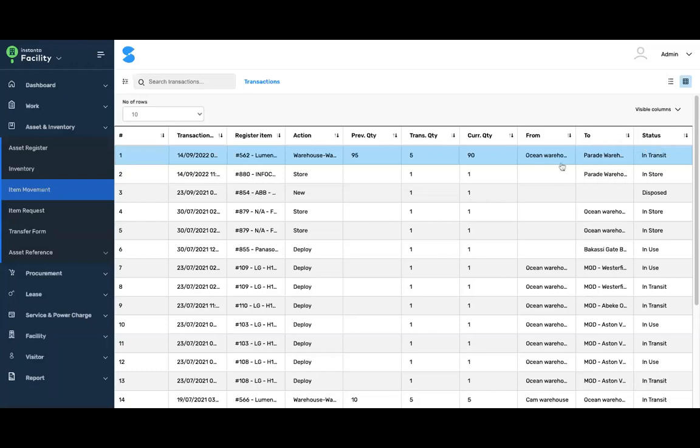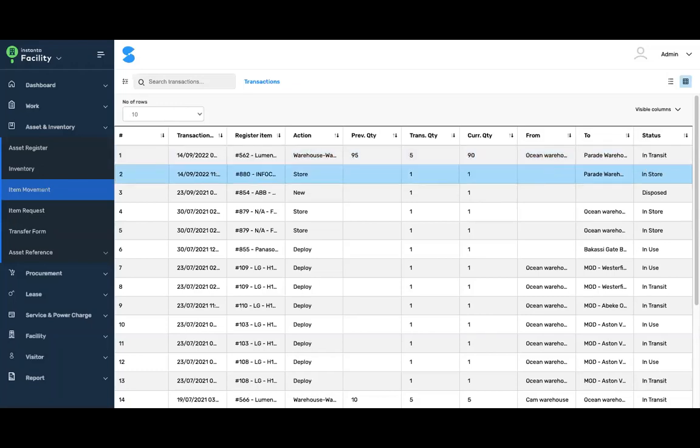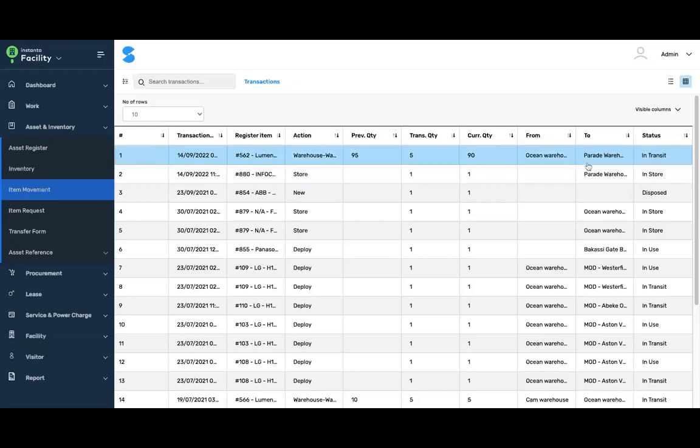Do you want to transfer it from one store to another in case that store needs that item, or do you want to transfer it so that it can be used immediately at a different store or at a different location? So that can also be captured on the system using the item movement card. You also have the